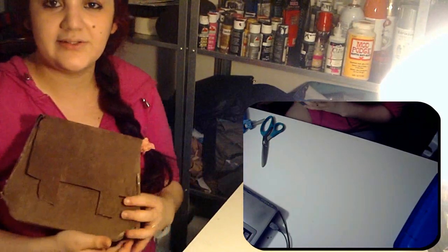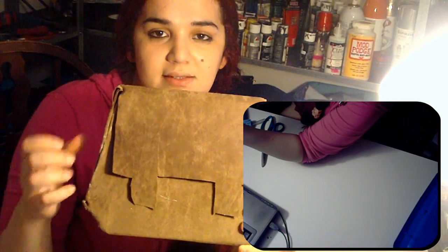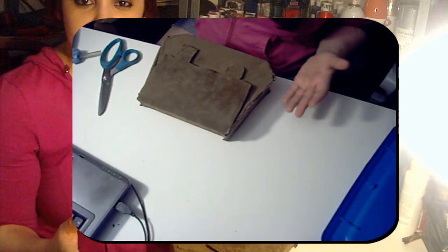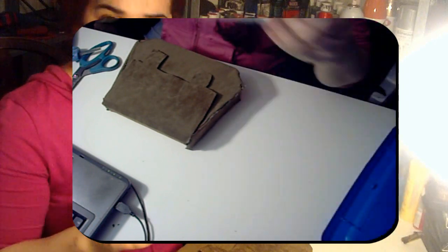So that's pretty much all there is to it. You can make it functional and not glue the lid down, but I decided to do that because I don't really need it to be functional. So now all there is to it is just make the detail. We're going to be painting it, so